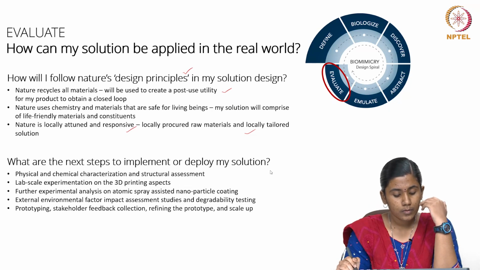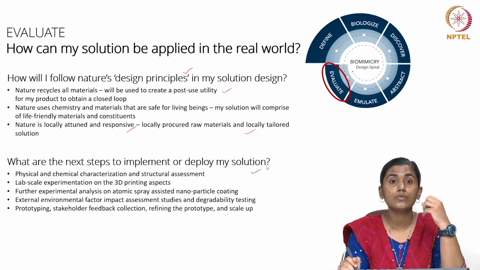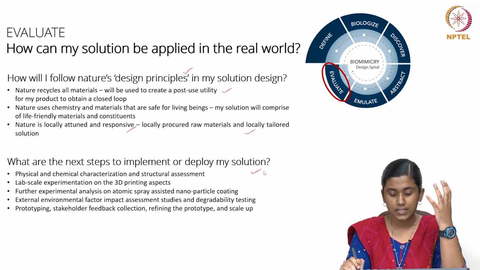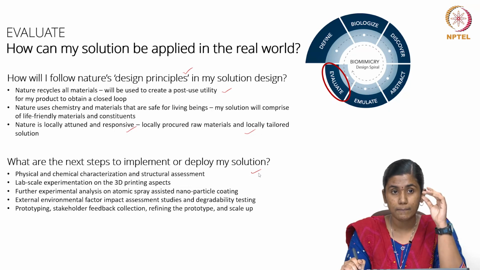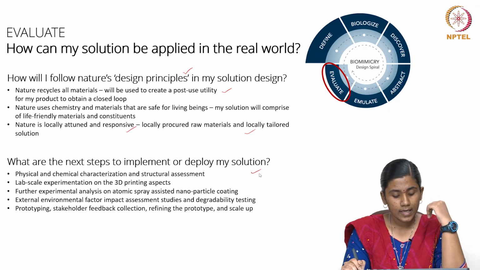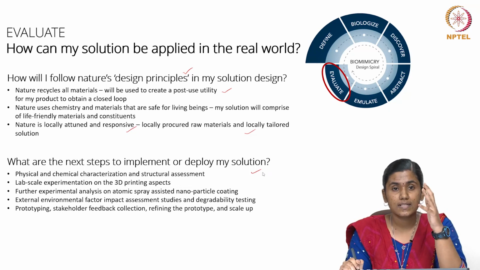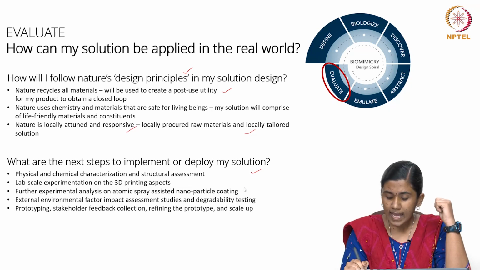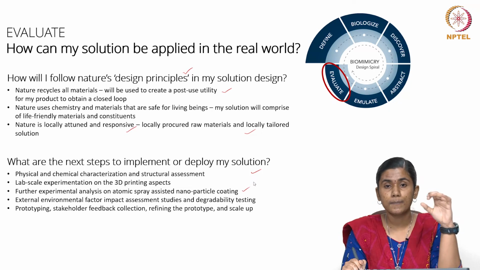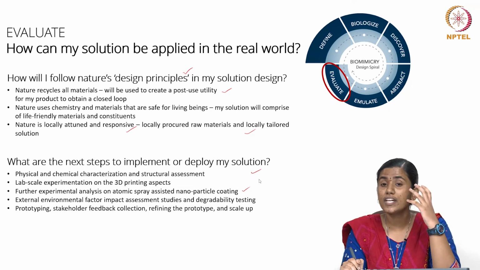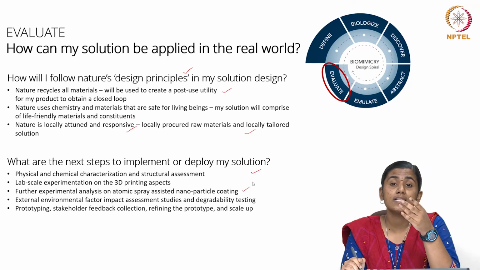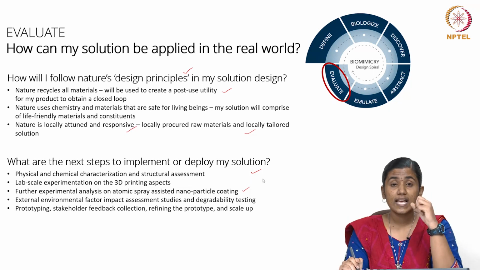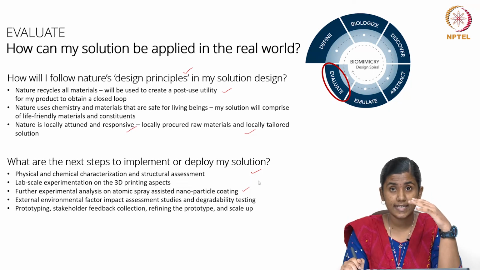And so the next steps to implement and deploy my solution in the real world are as follows. A physical and chemical characterization study and structural assessment of these packing materials must be performed, and lab scale experimentation on 3D printing aspects. This is additive manufacturing, which is a bit modern, so it needs to be experimented further. And the atomic spray assisted nanoparticle coating technique is also a very new technique, and its application in this field of packaging is quite novel. So this has to be tested further, and external environmental impact assessment studies need to be conducted,